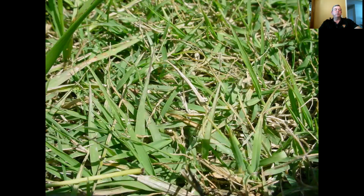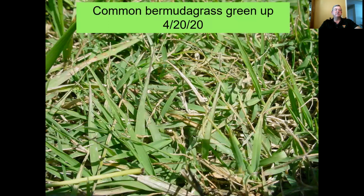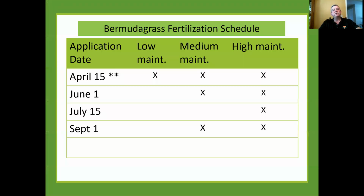If we fast forward 12 days to the 20th day, today, the 20th day of April, we can see that there's been a significant amount of continued development of that Bermudagrass. So it's waking up and starting to grow pretty good. For homeowners that are maintaining a Bermudagrass turf in their home lawn, what does that mean to them from a maintenance standpoint? Well, the fact that the grass is coming out of winter dormancy, it's starting to show a fair amount of growth, that's an indicator that it could benefit from the beginning of your fertilization schedule for the 2020